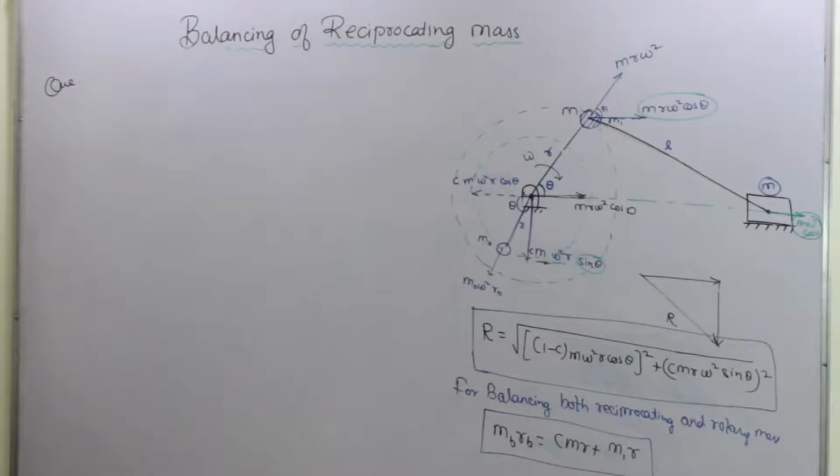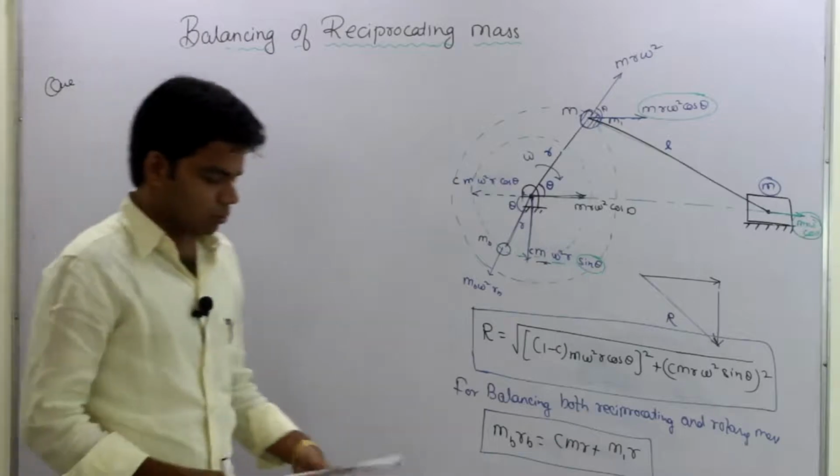A single cylinder reciprocating engine has a speed of 240 rpm, stroke 300 mm, mass of reciprocating parts 50 kg, mass of revolving parts at 150 mm of radius is 37 kg. If 2/3 of reciprocating part and all revolving part is to be balanced, find the balance mass required at a radius of 400 mm and the residual unbalanced force when the crank has rotated 60 degree from the inner dead center. Getting this?